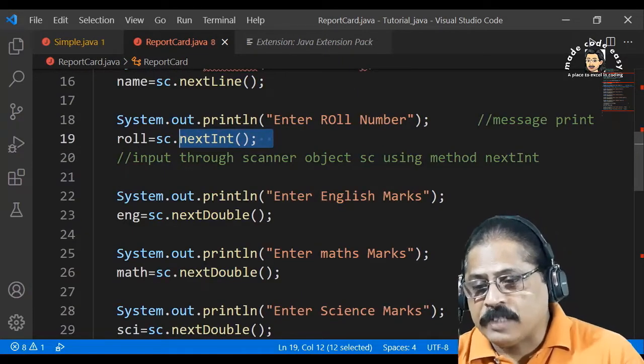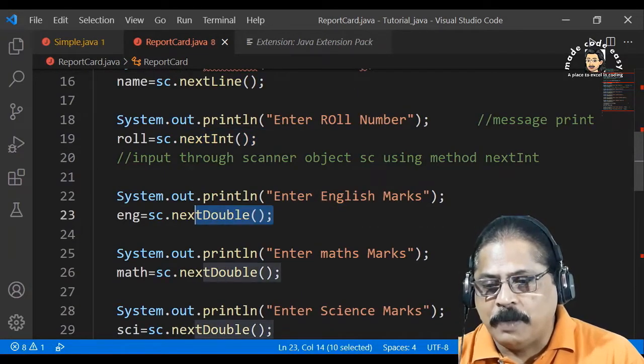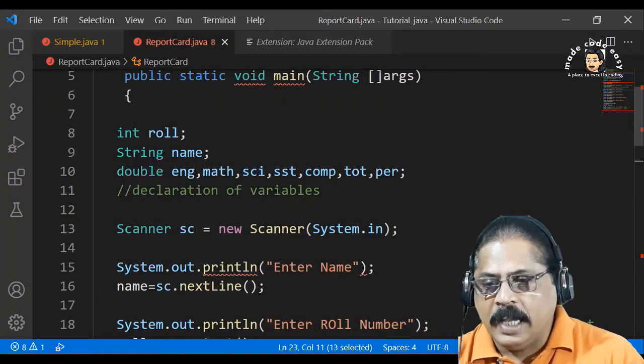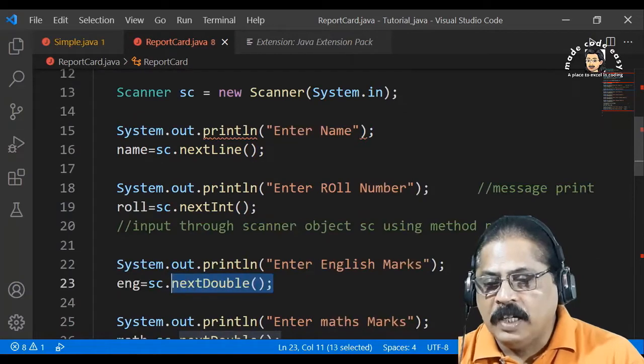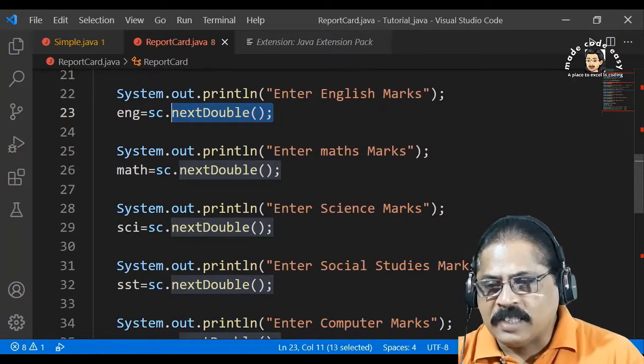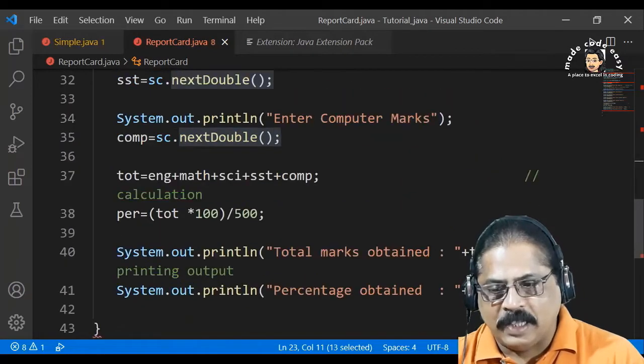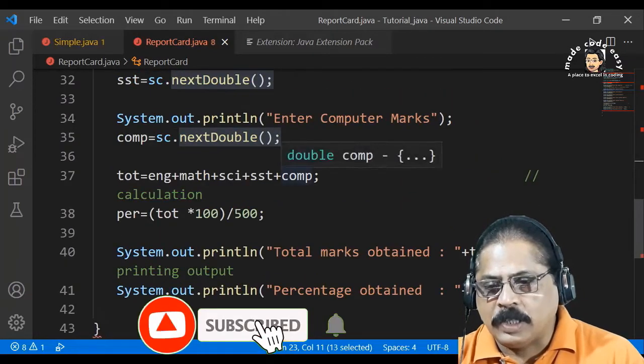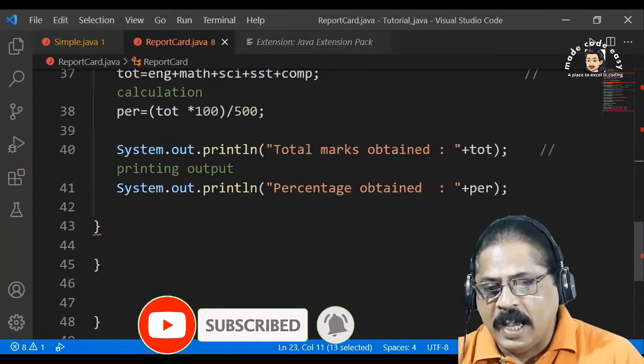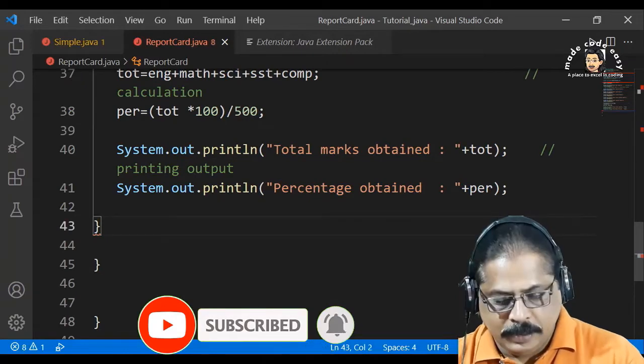For taking English mark, we have used the nextDouble method of Scanner class because the subject marks are of double type. That's why for all 5 subjects I have used the nextDouble method. We have calculated total and percentage and it is being printed.